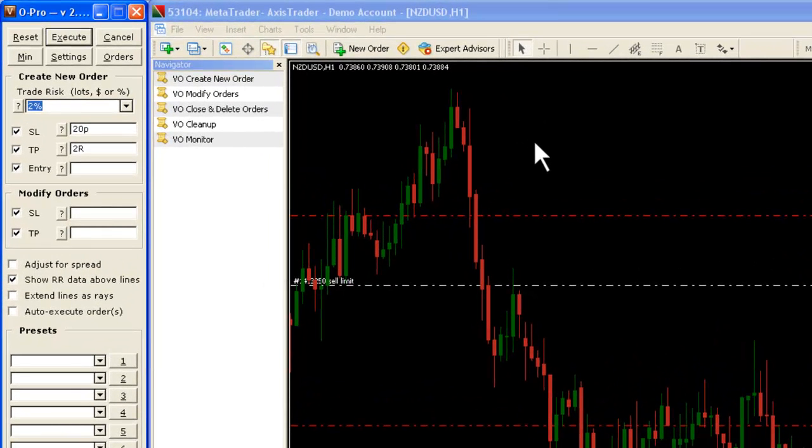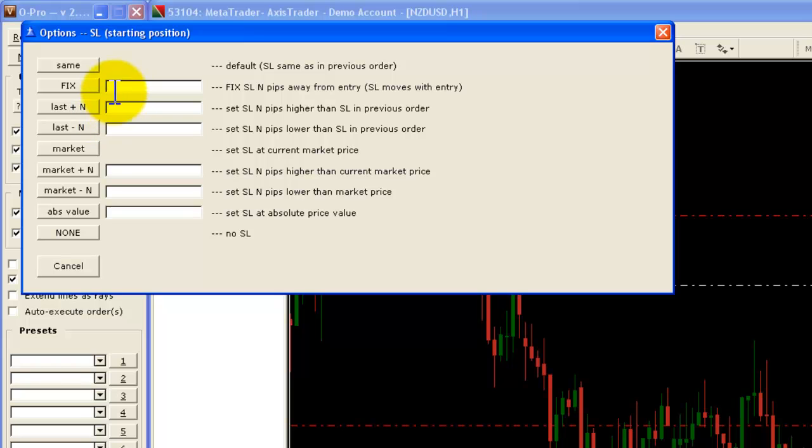Okay, now I'm going to run you through some of the other options that are available here. We've seen the fix the stop loss. We can set the stop loss. We've actually done this one before. I think we did it with the profit target actually. We can set the stop loss n pips higher than it was on the previous order, or n pips lower. We can set it at the market price, or n pips higher or lower than the current market price, or